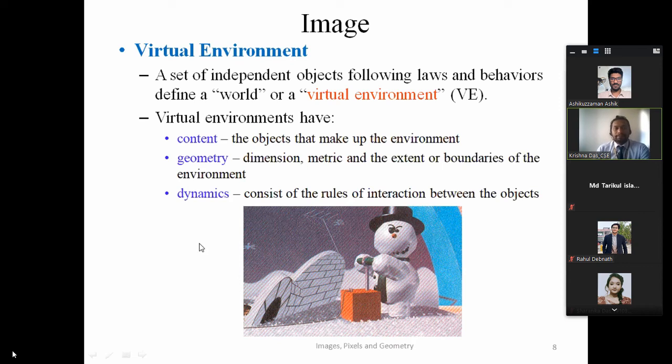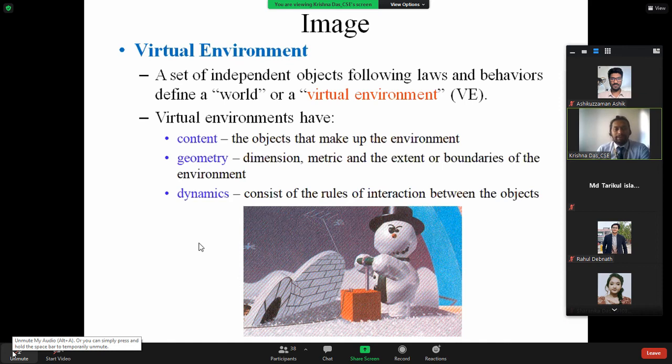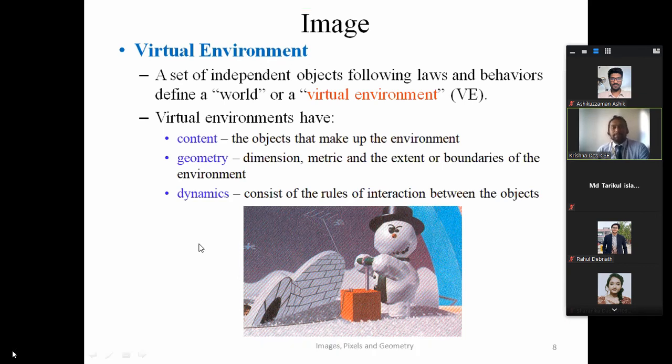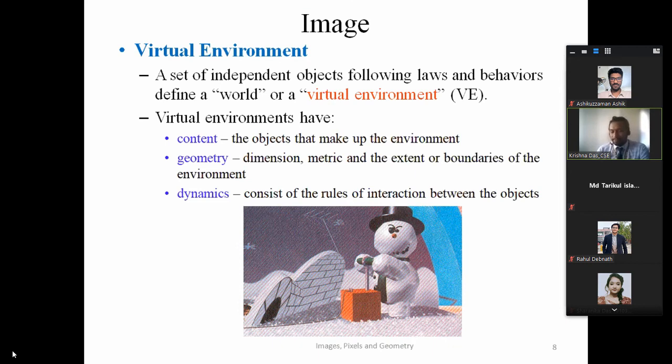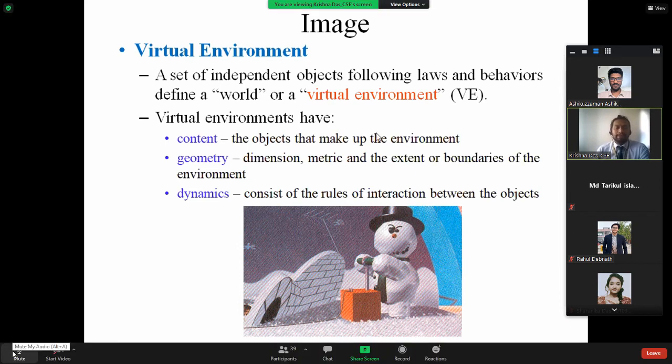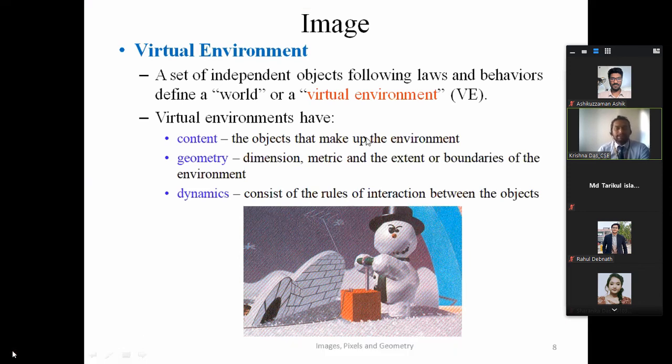Okay. So you see that this would be very easy if you take some real life image through a video camera. Say you take that video and actually you can use it. But if it is an animated one, that means you are creating a virtual environment. And creating a virtual environment is definitely very difficult, because you have an imagination, you are drawing it, you are creating those objects, then you are giving some movement to it. The entire thing is actually quite expensive if you go for using some application or software,